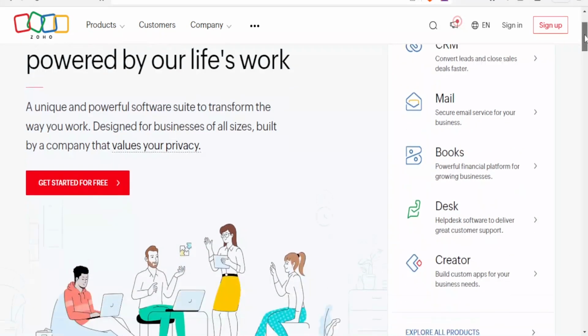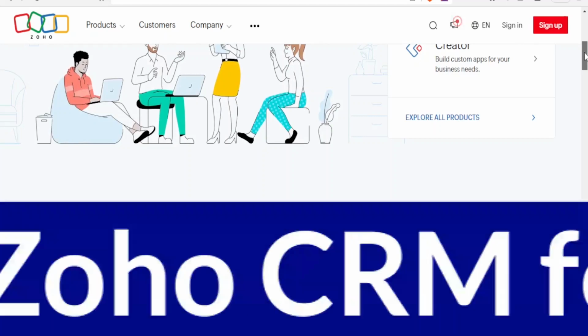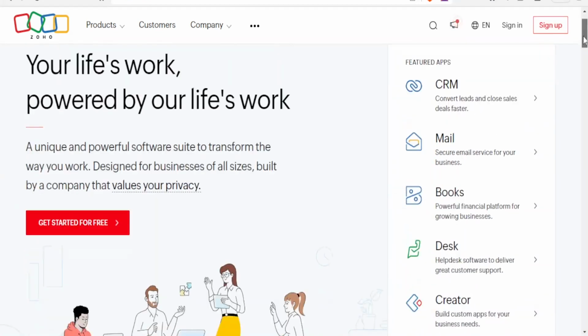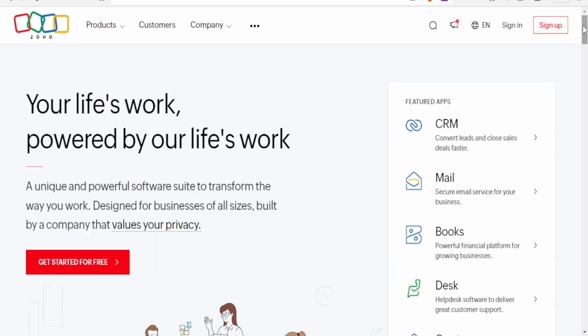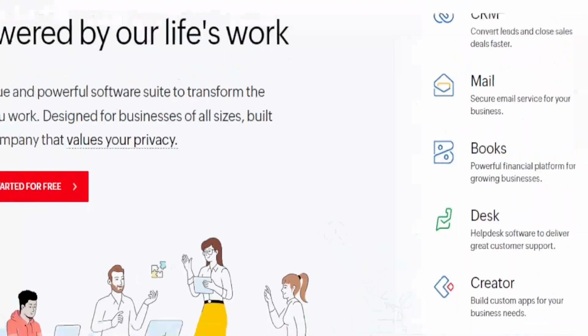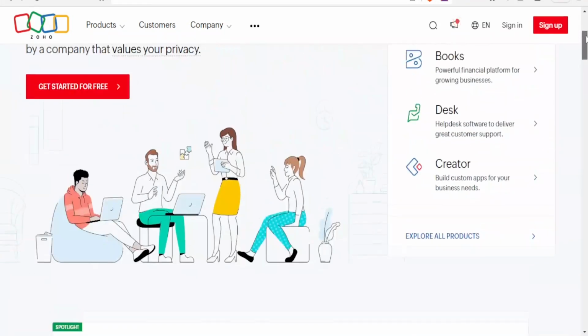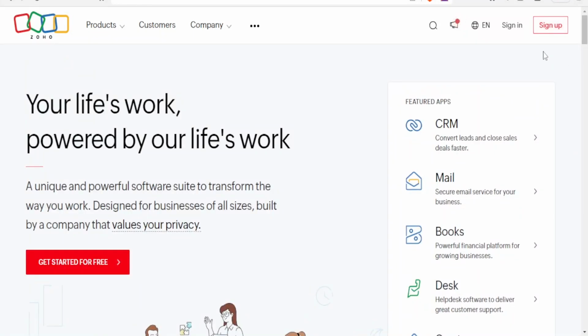In this tutorial, we are going to be learning how to use Zoho CRM. Now, with Zoho, you are able to manage your work and your business all with one app. You are able to manage your emails, your deals, and your customers all within Zoho. So you will go to zoho.com and that link is available in the description of this